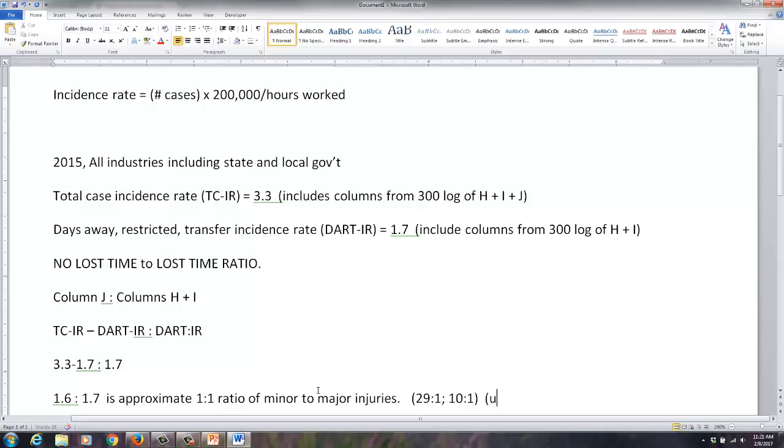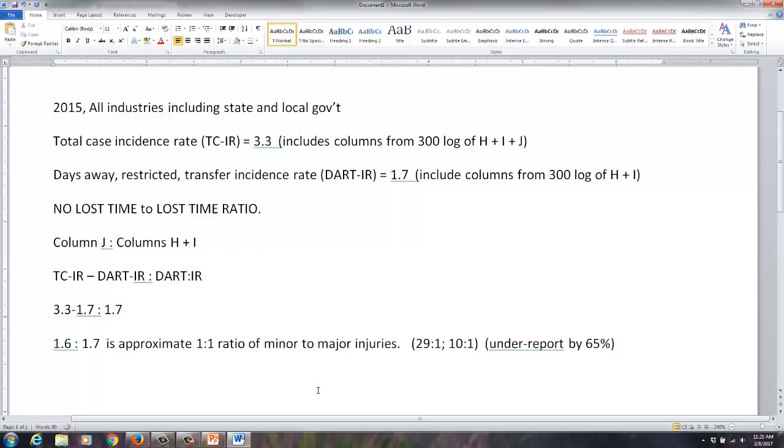Rosenman said underreporting was by 60%, by two-thirds. Well, we'll go with 65%. So it's only a third. And if it's difficult to classify lost time restricted as other, then it's easier to just not put other. So if we were to add on two-thirds of what's here, let's go out of 10. I'm just giving you an example. If we were to go out of 10, and we're saying it's 5 to 5, but we were to increase the